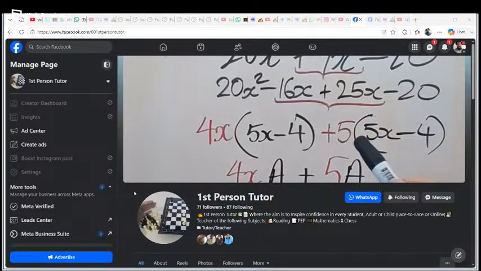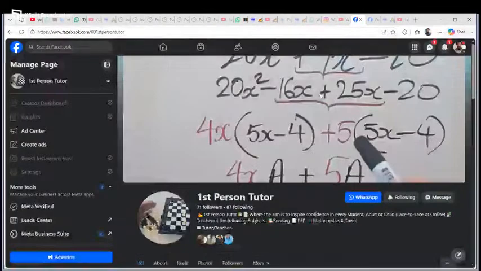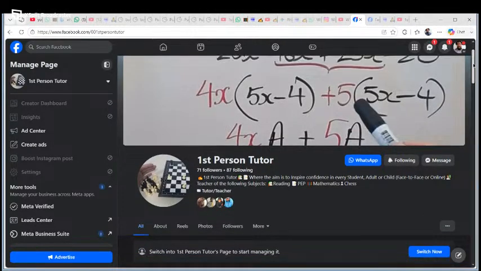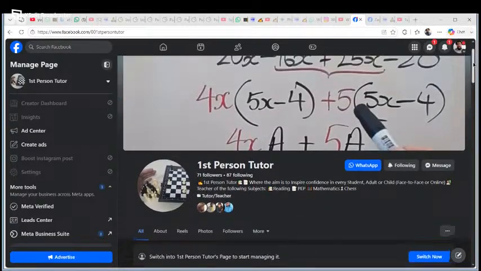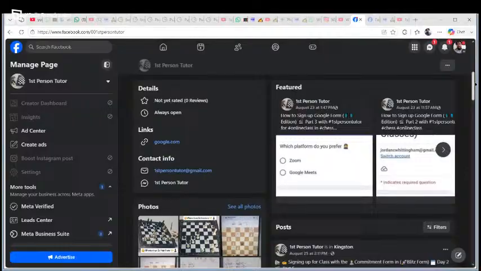Good. If you have questions to ask me, you hover over to that WhatsApp button and you press it there, and you have a conversation with me by doing that. You can also do it through the Instagram page as well. I'm not sure if you're going to see that on the browser that we're looking on.